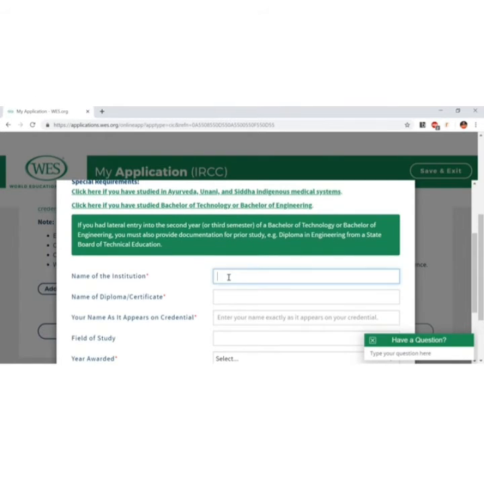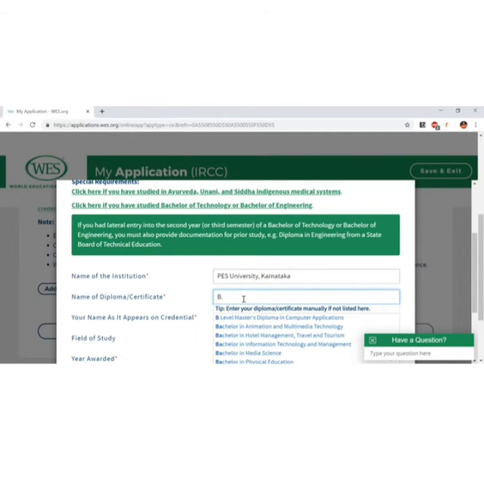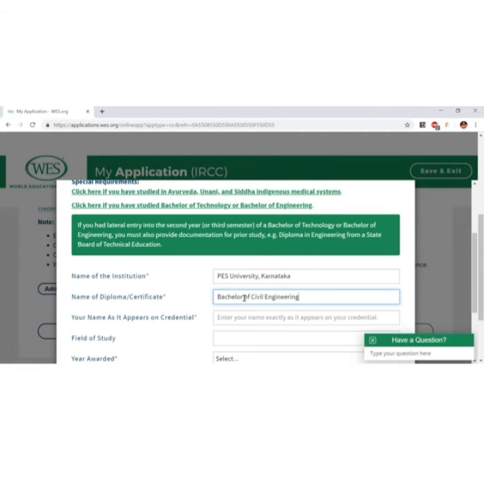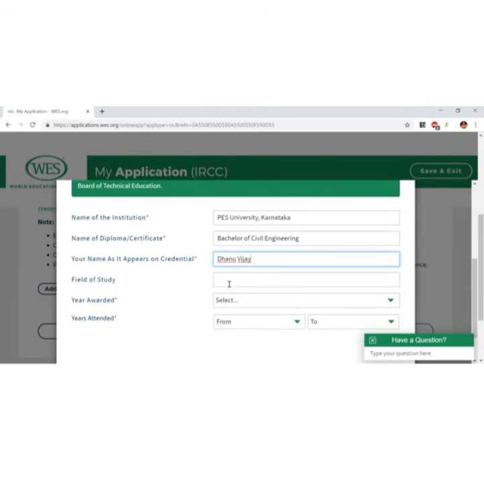The name of the institution. So let me just put it as PES University, Karnataka. Mine is Bachelor of Technology. The name as appears in the credential.